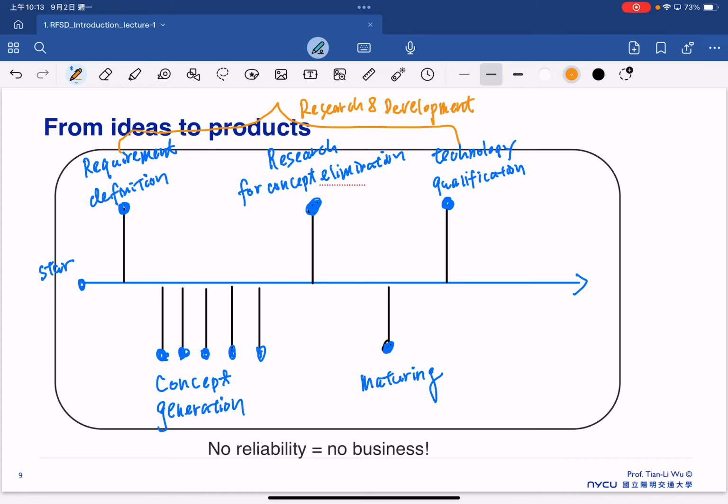That's the phase most of you are actually working on in this field, at the university level. We start to set some requirements to understand what kind of spec the technology we want to develop should have. We come up with several different concepts, and after a while, we remove certain concepts that cannot possibly be implemented. Then in the end, we make progress to mature our technology. And finally, we do the qualification of our technology to make sure it can reach our spec or not. And afterwards,